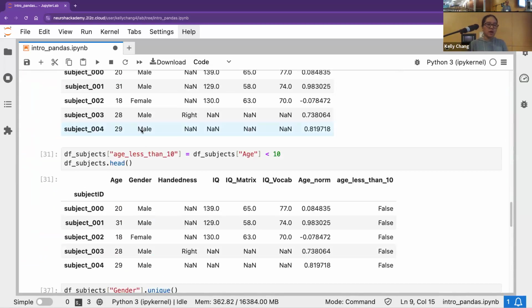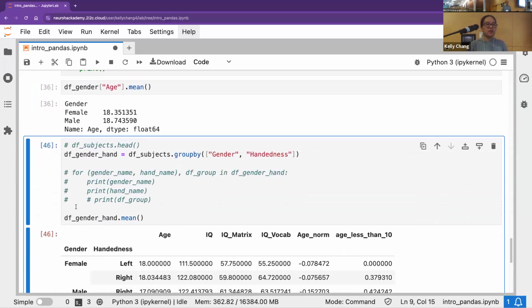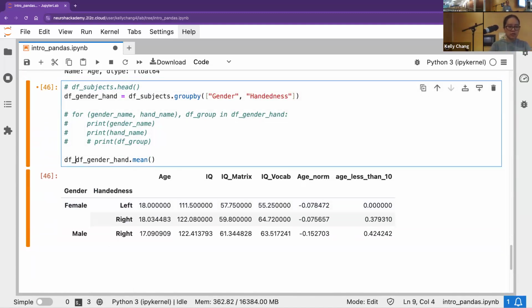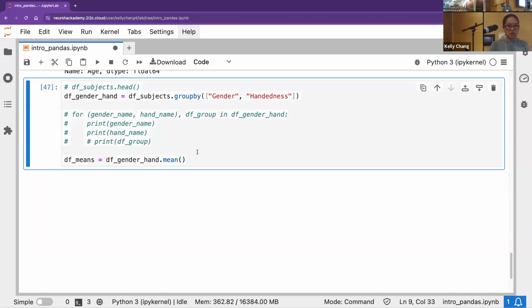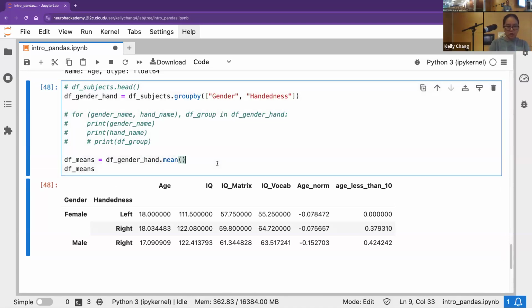So if I scroll back up, bear with me, subject ID was the indexing variable. In pandas, you can have as many indexing variables as you want. It can get quite complicated. So gender and handedness are both indexing variables. And so let me actually do means, assign that to be df means, print that out still. How would I actually subset into something with multiple indexing? We can still use our loc. I'm going to do it by name, so that's a bit more familiar. We can actually subset in by going female,